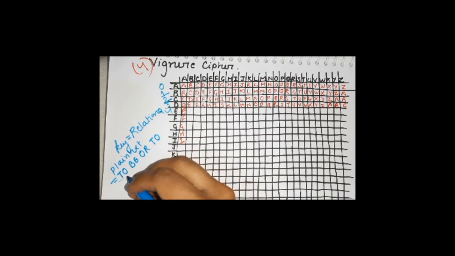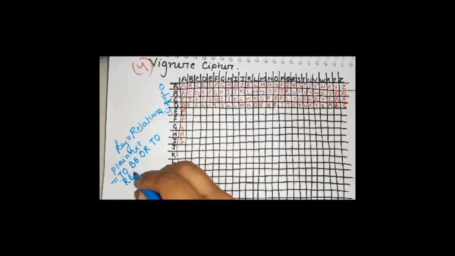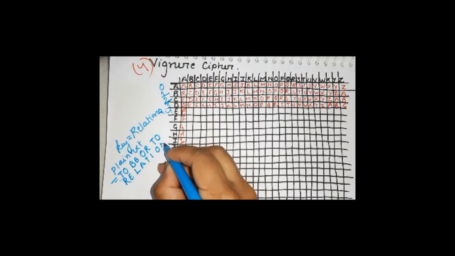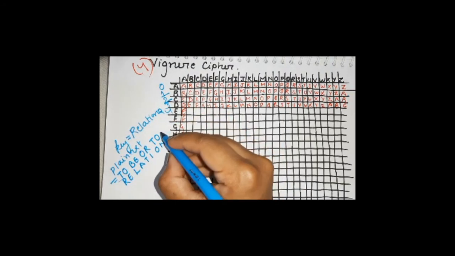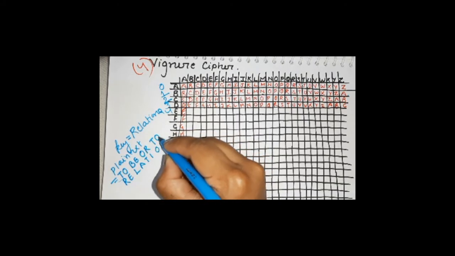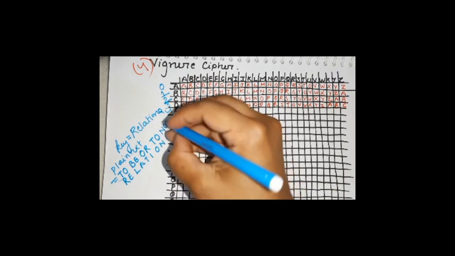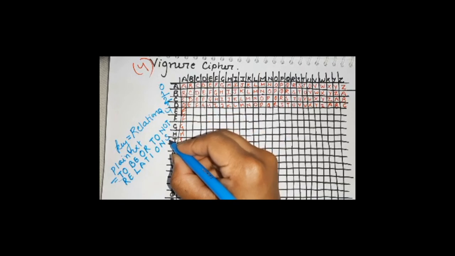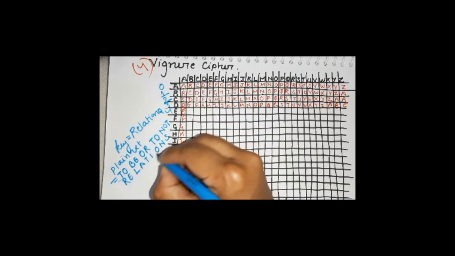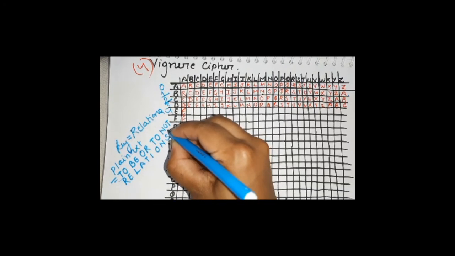What will we be doing? We'll be writing down the keyword first. Please write down the keyword here: relations. Okay, let me expand the plain text: to be or to not. This is your plain text. Relations is your keyword, and for the leftover plain text, you will again repeat the keyword, that is RE.